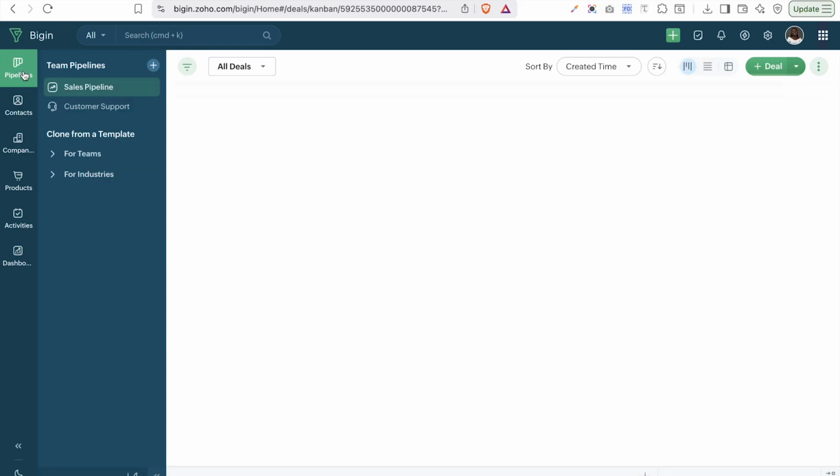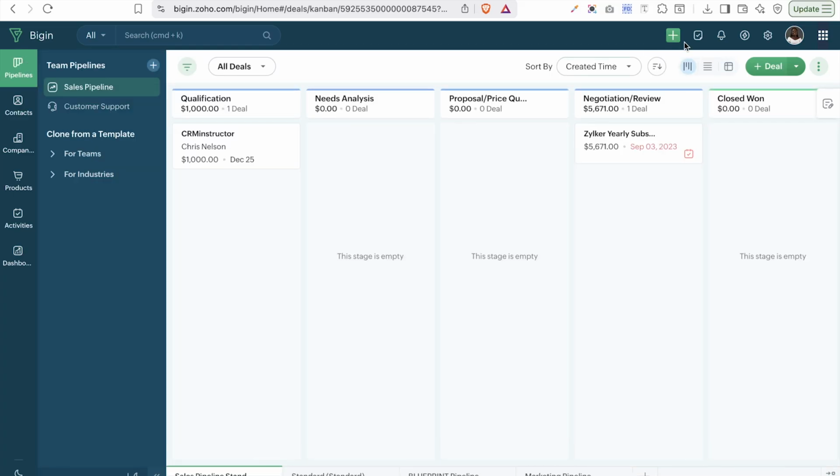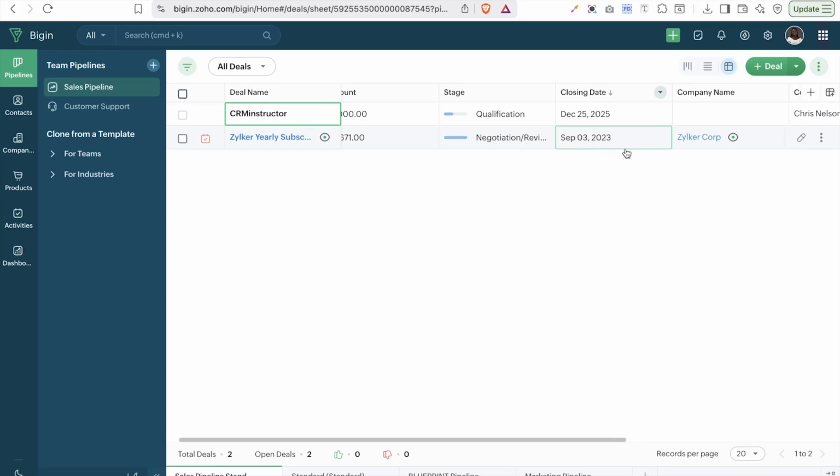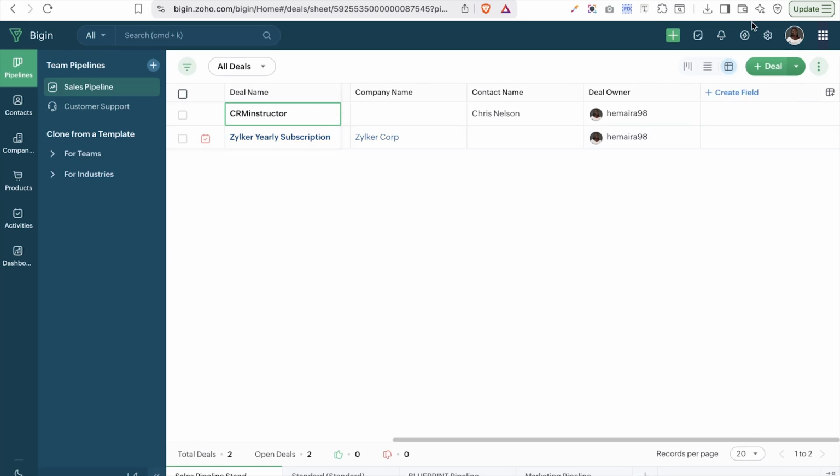Still on the topic of pipeline, as you can see, we can use the pipeline view where we can list out all of the deals we have in pipeline form, or we can use the sheet view where we can list out all of the deals that we have in a sheet format. We can also decide to manage our tags,